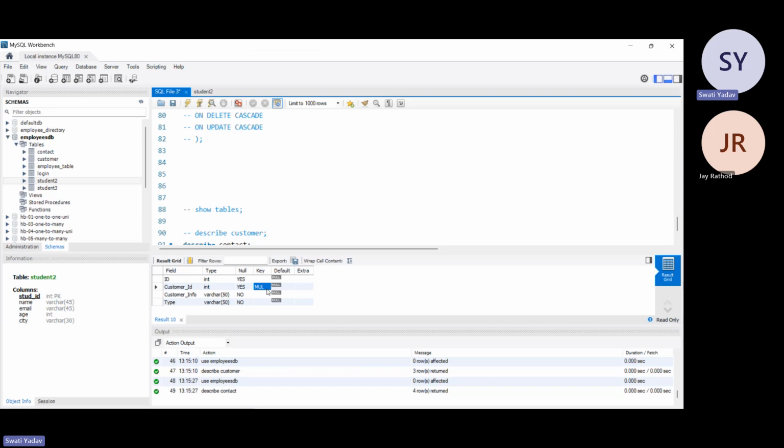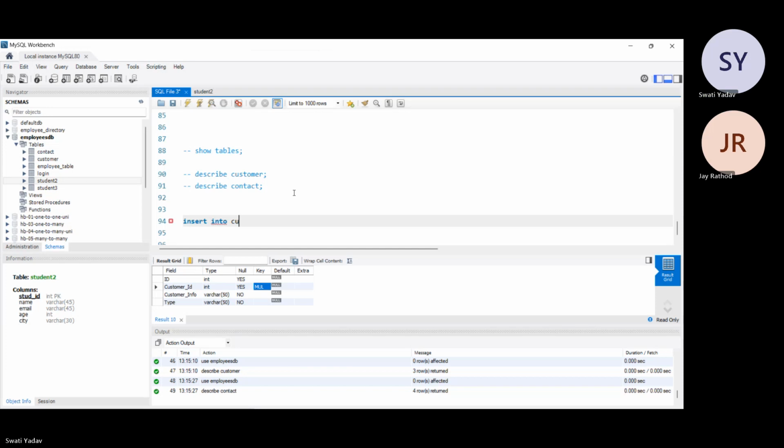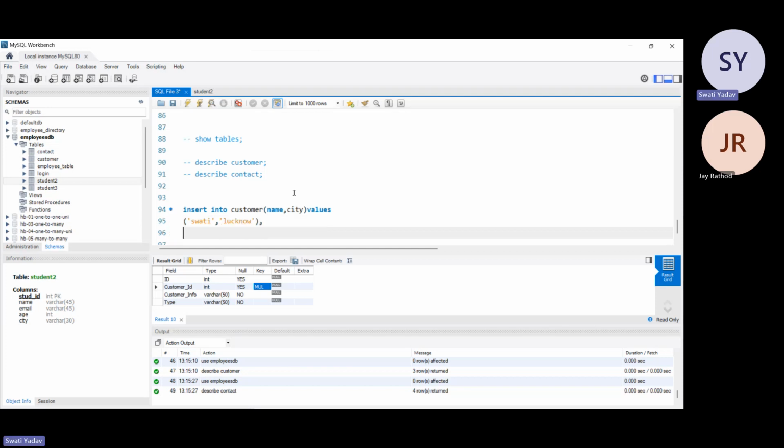Okay. Now, if we go ahead and store data into each of the tables, we can see how the data is being stored and what the relationship between them is. We can do insert into customer, name, city, values, suppose Swati and